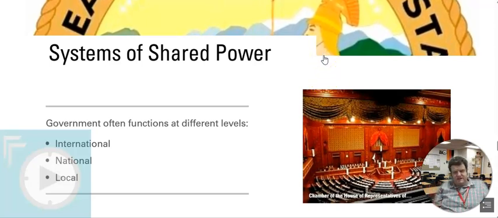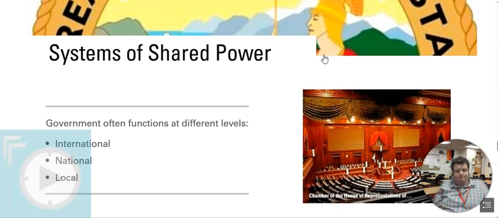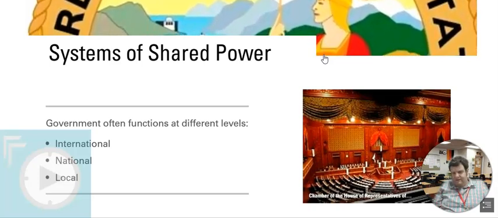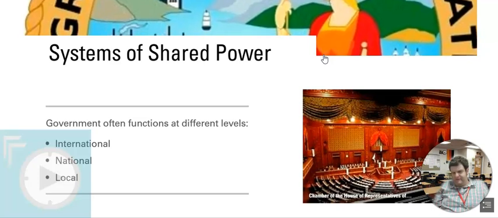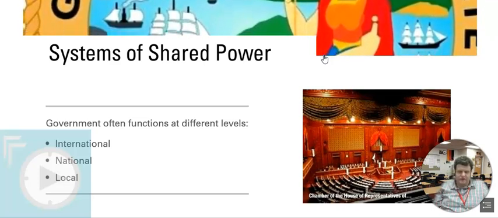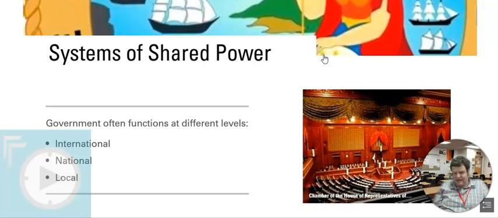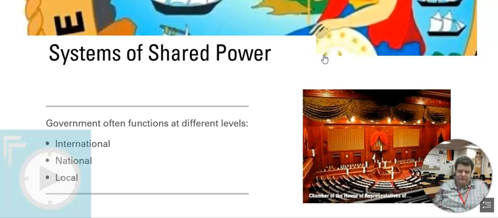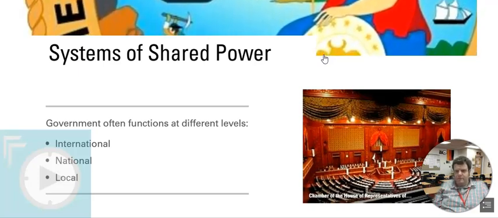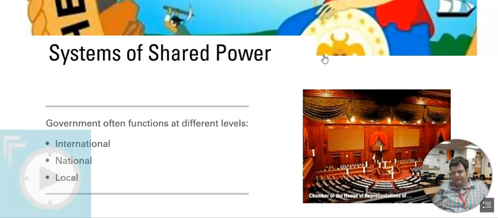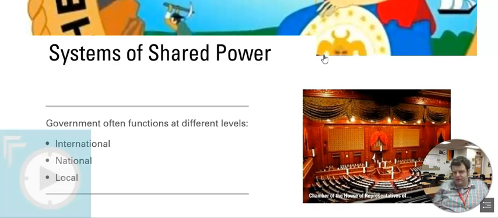Next up, we got to go into shared systems of power. Government is complicated. At the lower levels of government, it might be a part-time job, but many government officials are doing their job full-time. And this is because there's a lot going on, there's a lot to do. And so to simplify things or divide out the work, most governments are divided up and they function at different levels. At the highest level, you have international organizations like the UN, you have treaty alliances like NATO, and there's an international level of government. This is where diplomacy, trade negotiations, war and peace occurs.